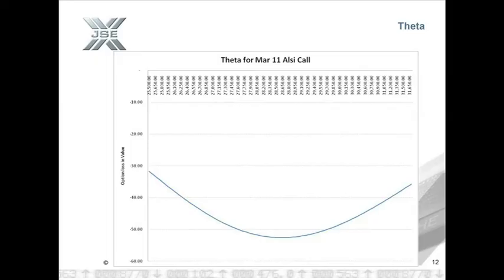In the next slide, I show you the theta as the underlying futures level changes. This is just again going back to our March 11 Aussie call. You can see again around the strike price, theta is the highest, and as we move away from the strike price, theta becomes less and less. So just take